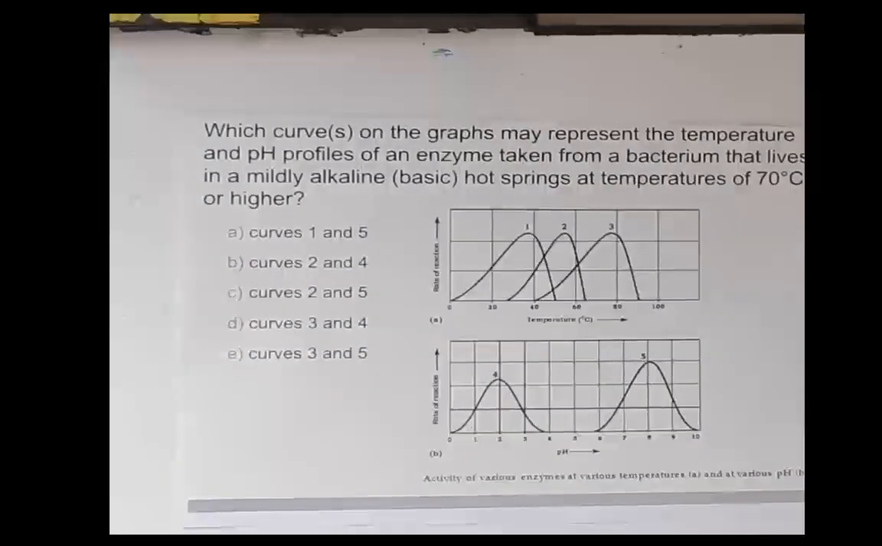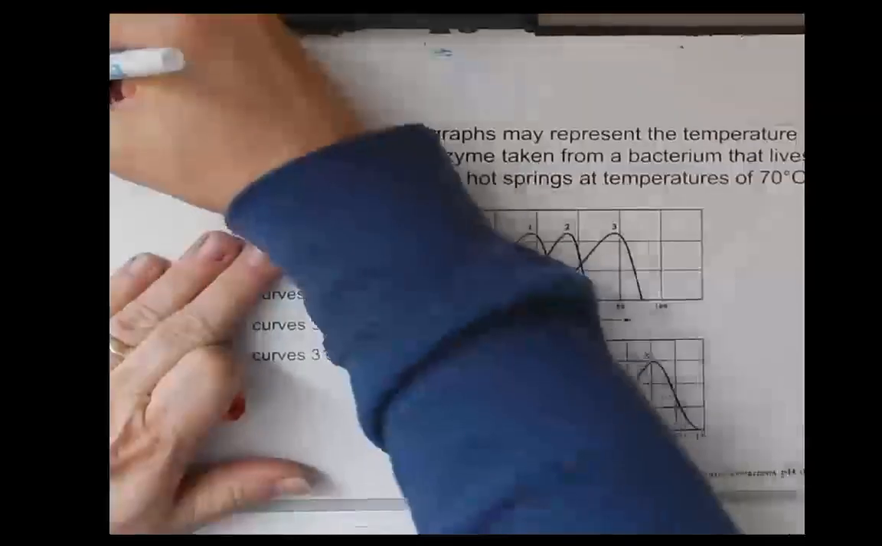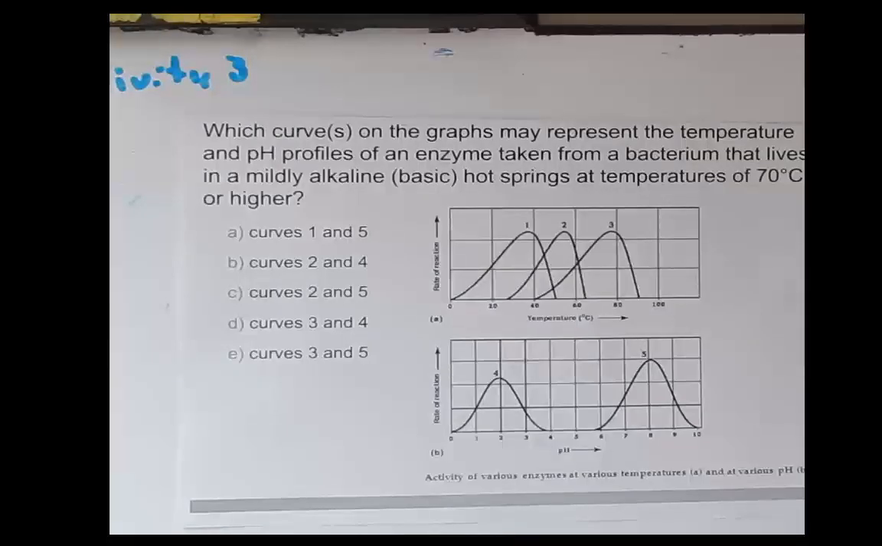Okay, so let's talk about activity 3 here. And activity 3 resembles more of a type of question you might see on an exam. It's based upon what we learned in activity 2 about how enzymes change shapes when they're exposed to different temperatures or different pHs. So in this question it says, which curves on the graphs may represent the temperature and pH profiles of an enzyme taken from a bacterium that lives in a mildly alkaline or basic hot springs at a temperature of 70